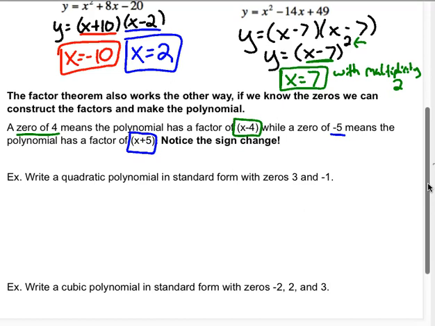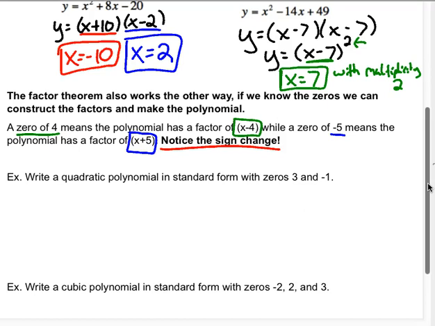So really what's happening here is notice there's a sign change. There's a sign change from the zero to the factor that created it. And that is going to be very, very important. Because, for example, if I wanted to write a quadratic polynomial with zeros 3 and -1, so I have